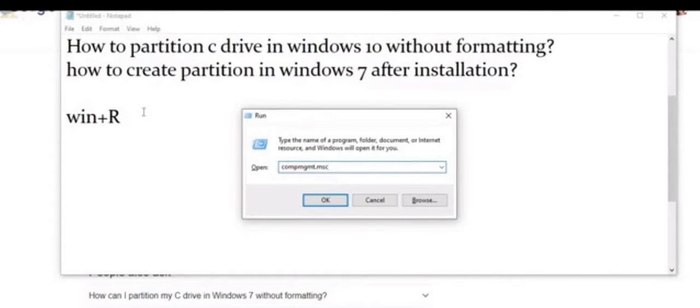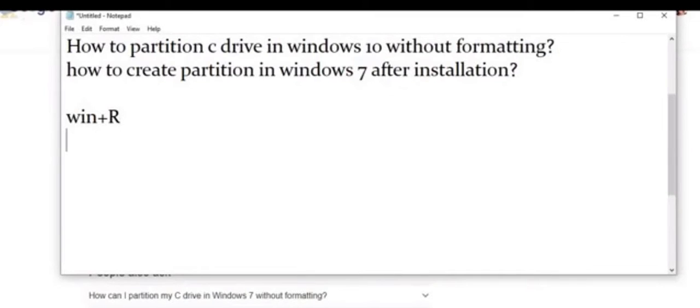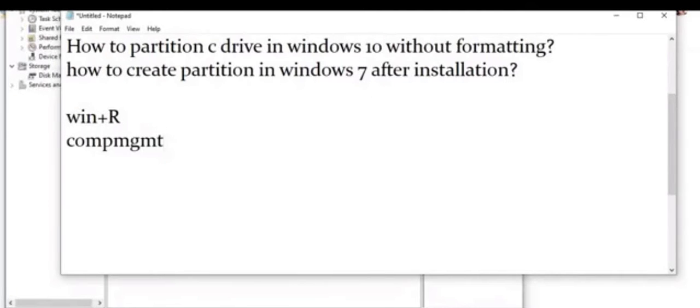That will be compmgmt.msc. After typing this command, just hit OK. I'm writing this down in a big font in Notepad, so you can see it and don't make a spelling mistake.